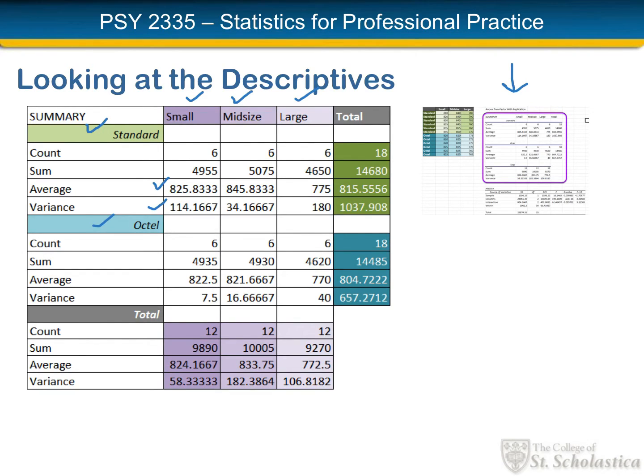Over on the right, I have an additional column labeled total, and in that total column, I would be able to compare the mean for the standard filter to the mean for the octal filter across all 18 cars that had each type of filter. So this lets me compare the filter types without regard to the size of the car. I've controlled it by looking at just the